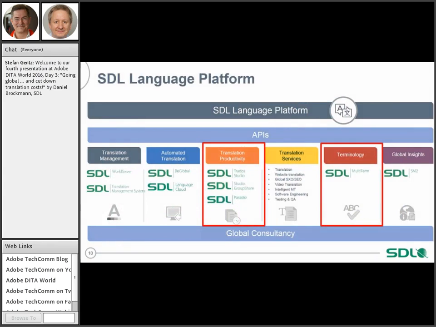So if we take a look at our language platform, it is equipped with a rich set of APIs, so that folks like Adobe can connect to it, or any other content source can connect. But what we focus on in today's presentation is definitely the translation productivity side. And here we have Studio, but we also have GroupShare, which is our collaboration platform, which basically helps translation teams collaborate in real time. And we have a software localization platform called Passolo as well, which is a dedicated environment